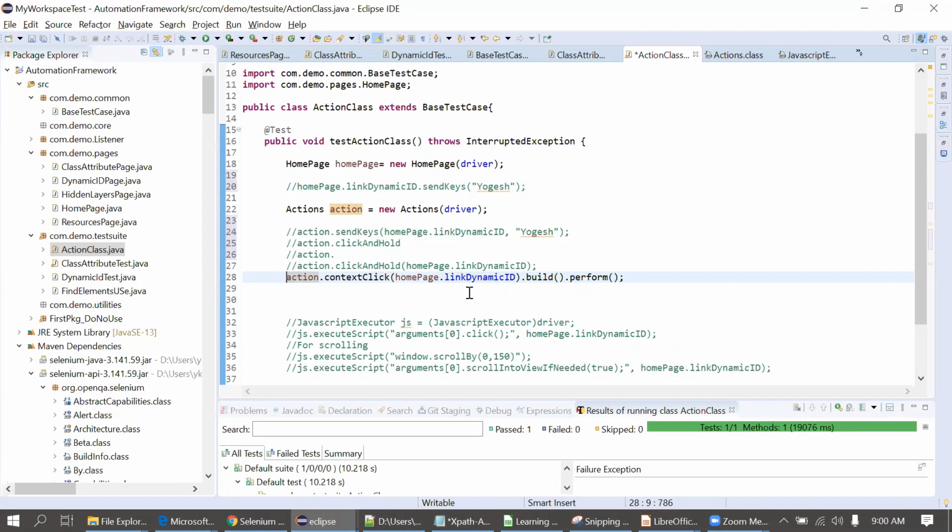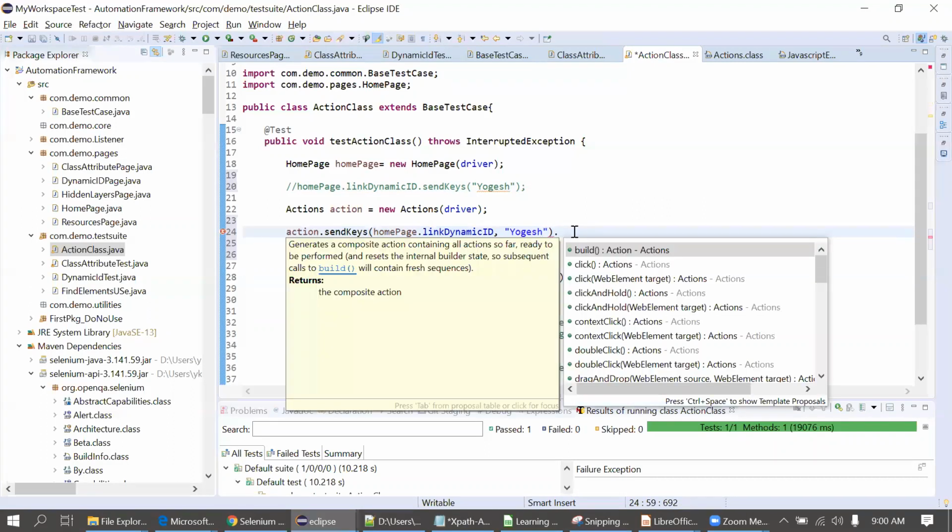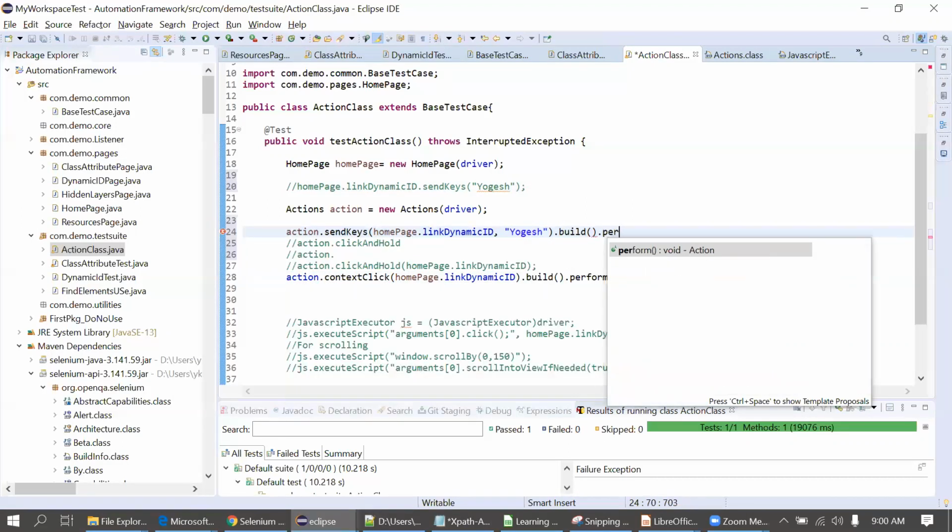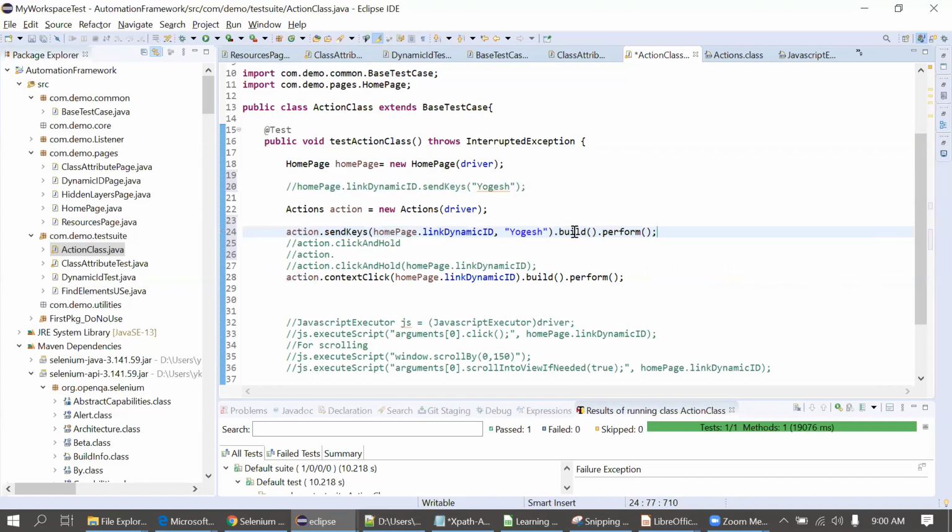Yes, the lines which you have commented also need it. Actually, if you don't put this, it will not throw any error, but it will not perform anything on the UI. So on each and every line we have to use build perform. Then only it will perform the actual action.